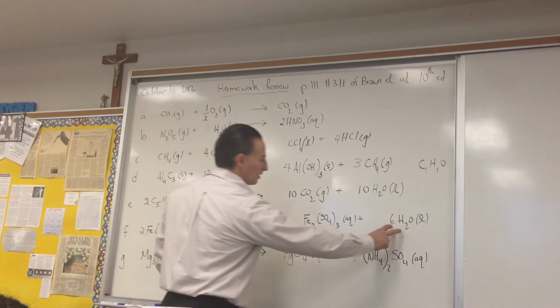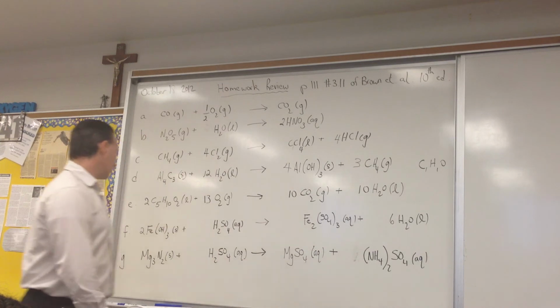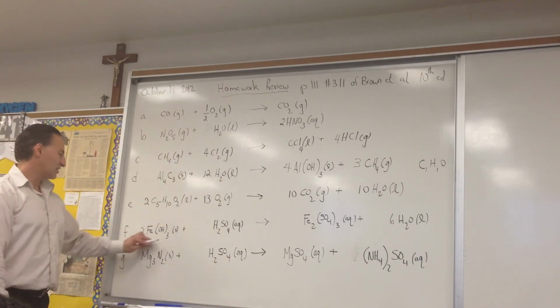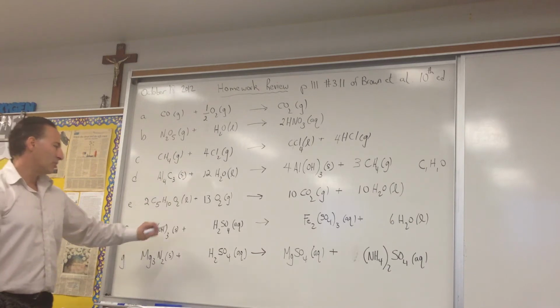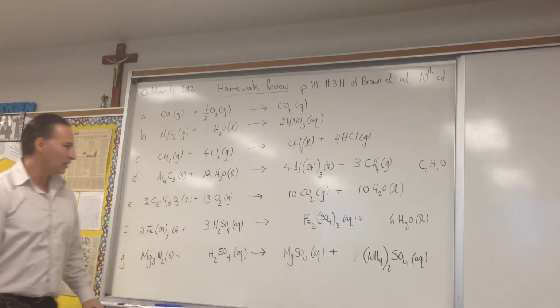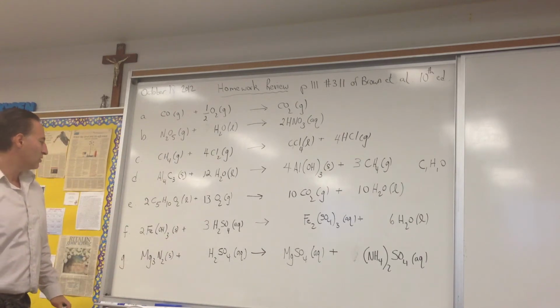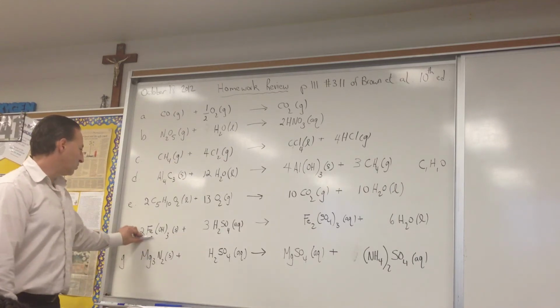that's going to force me to have 12 hydrogens on the left. Let's see how many hydrogens I already have. I have 6 here from the ferric hydroxide, so if I put a 3 in front of the H2SO4, it should work out. And sure enough, it does. Look at how you get 2 irons,